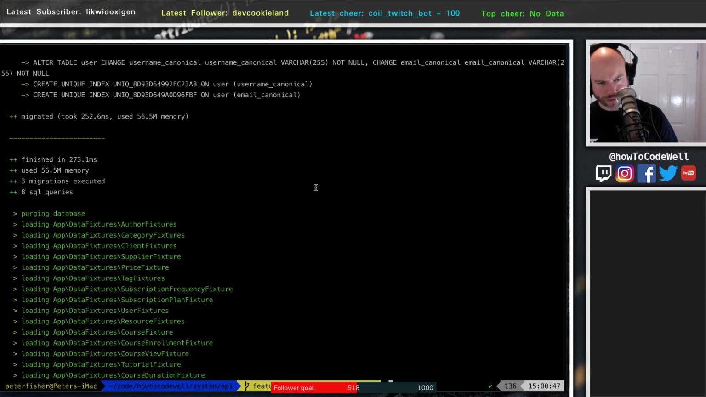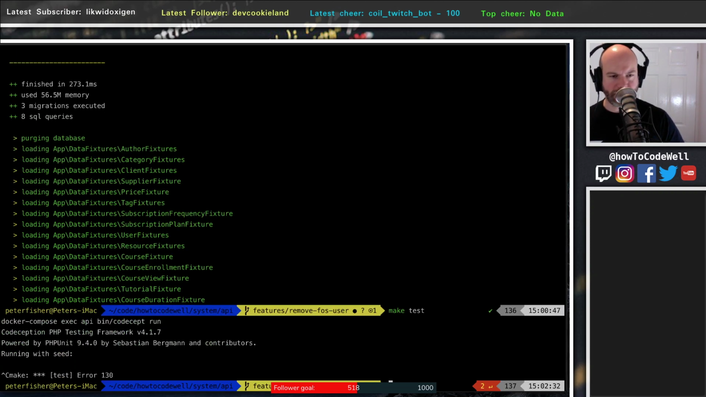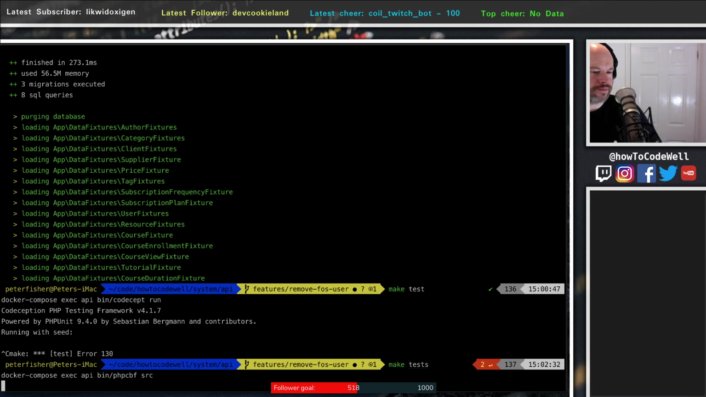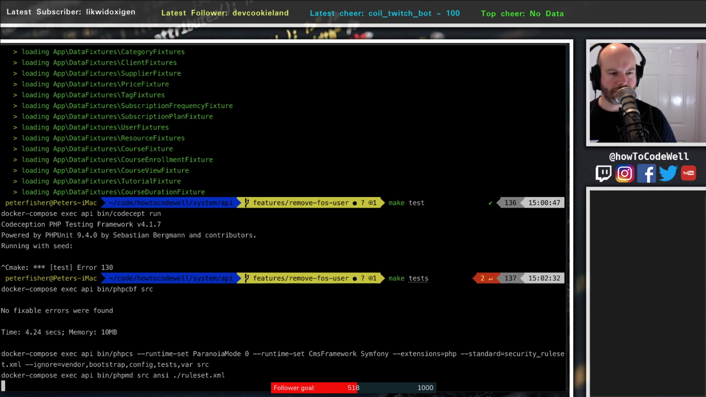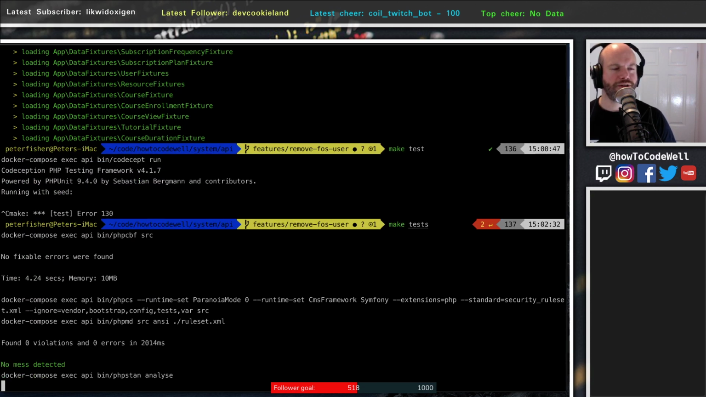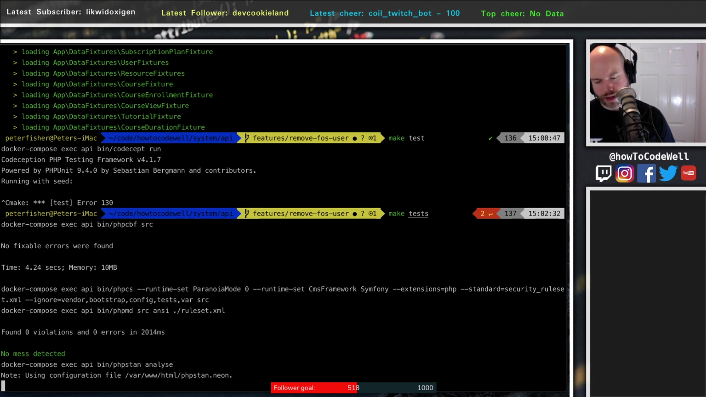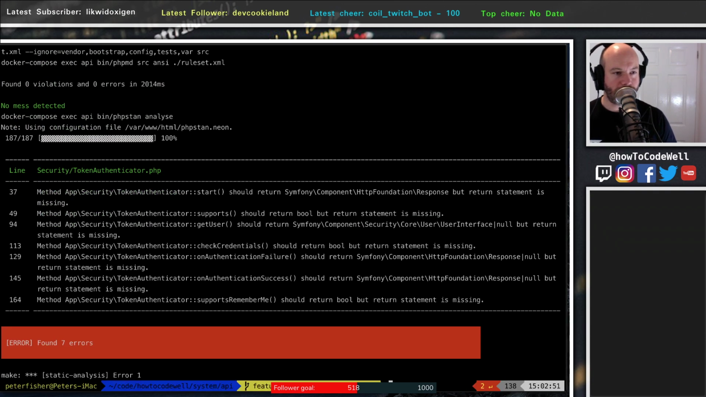So I should be able to do make tests, and we should just laugh at this. So there was something in the region of 60 PHPStan errors that I fixed yesterday. It was absolutely bonkers. It really was. It's remarkable. I didn't realize how ingrained things were. I mean, we've got problems here. Token authenticator. Hang on a minute. What's all that about? Okay, so I'm going to have to look through this. But if we did make test